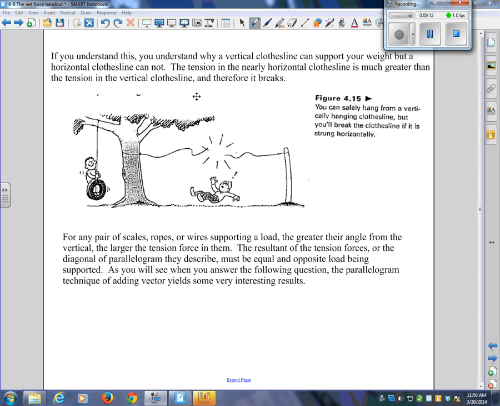Exactly. Like here, if this person weighs, we'll say 500 newtons, and this person weighs 500 newtons, all that has to happen here is 500 newtons in that string, right? But this one that's like this, you're going to need way more than 500 newtons, right? Because it's going to drop like this. This little bit has to be 500, which makes the hypotenuse much greater, maybe like 30,000 newtons, depending on the